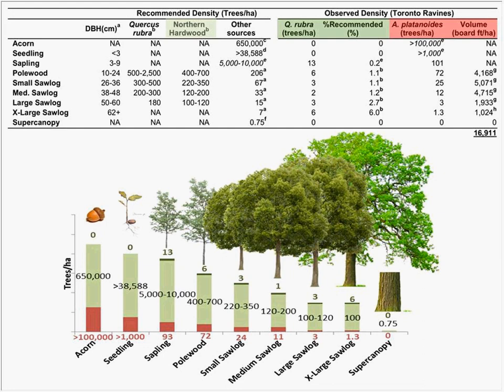So what it allows us to do is not only examine the health of the native population, but allows us to see the population of the Norway maple here. What should be done is something like removing the Norway maple in a way that maximizes the conditions for the regeneration of oaks, which are an intermediate species. They need some sun, and a lot of these areas that have the Norway maple are just too shady. The roots are probably toxic as well. So by removing this Norway maple, we could create the conditions required for it.